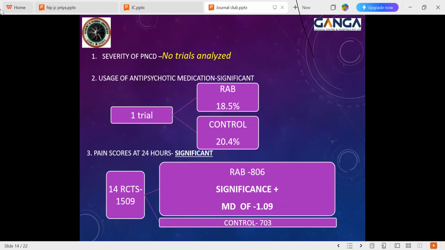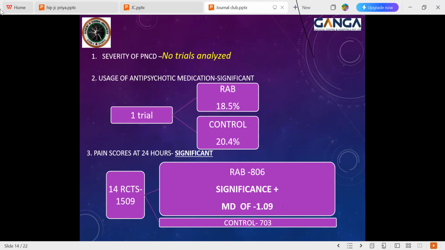So none of the trials analyzed the severity of the postoperative cognitive dysfunction. And there was one trial which had checked for the usage of antipsychotic medications. That is, the patient has developed postoperative cognitive dysfunction and the patient had to use antipsychotic medication. So there was one trial which was showing a significant effect, but still in the regional anesthesia group, the percentage